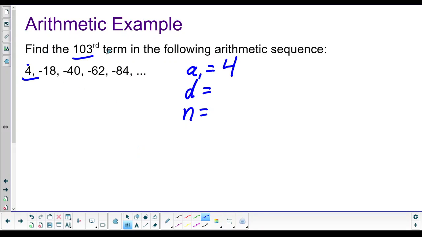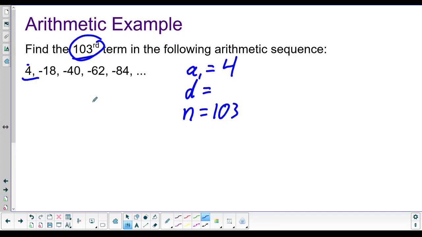n, they tell you in the question, find the 103rd term. So n is 103. The taking away 1 is built into the formula, so we can just plug in 103 for n and it'll take care of itself. Okay. Now to find our common difference, in case you can't tell what you add to 4 to get to negative 18,